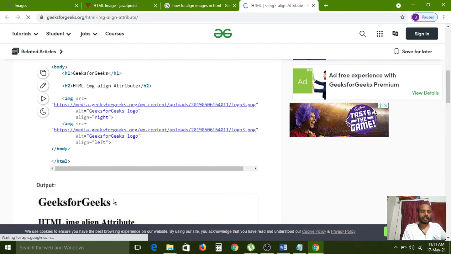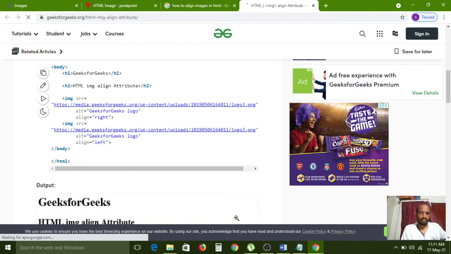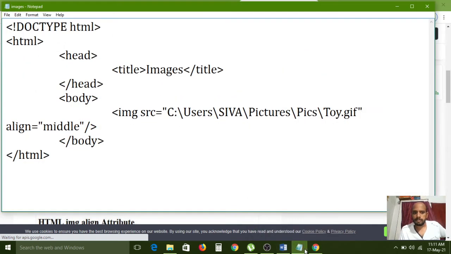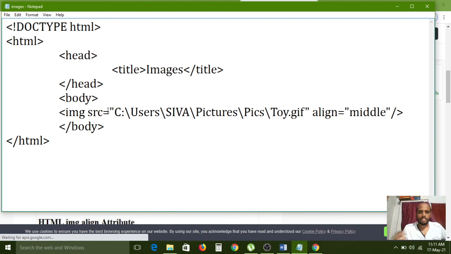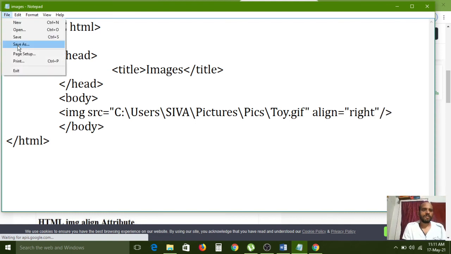Align right, align left. Now we have to see the right option instead of middle. Again, go to file menu, choose save option.